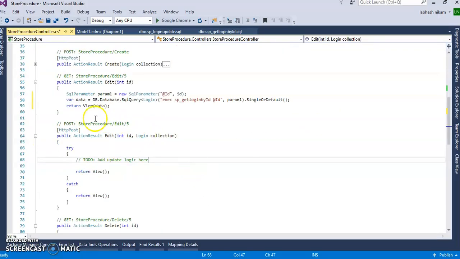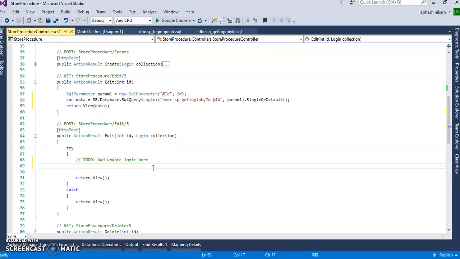So in the post method of the edit, what you will do, you will pass the properties of the table, and using a variable you will pass it to the view. So let's write the code for edit. Here I have used the login table, and collection is my object for the login table, right?